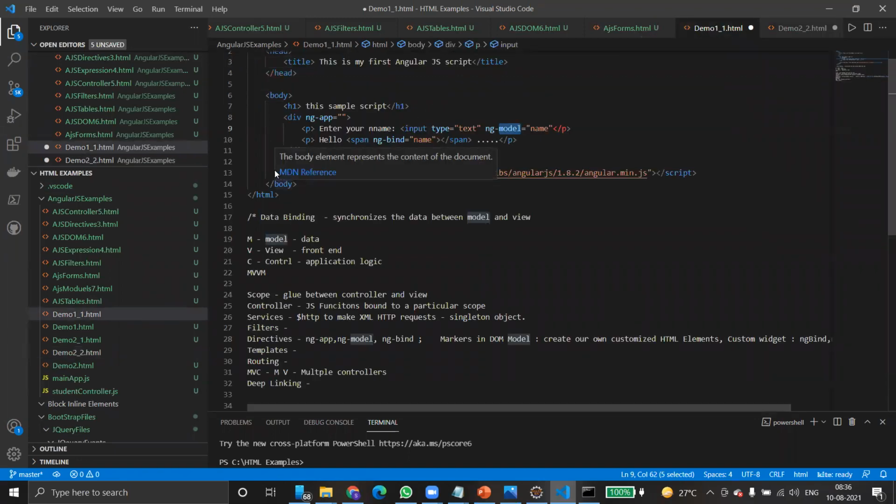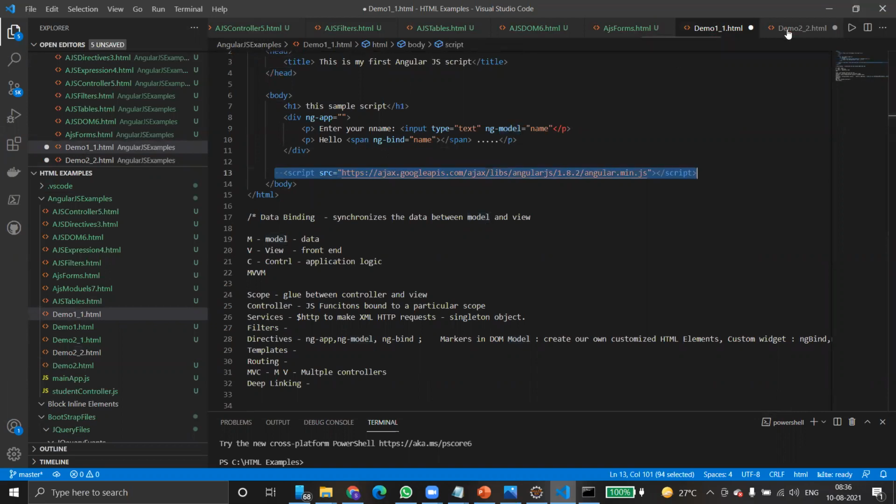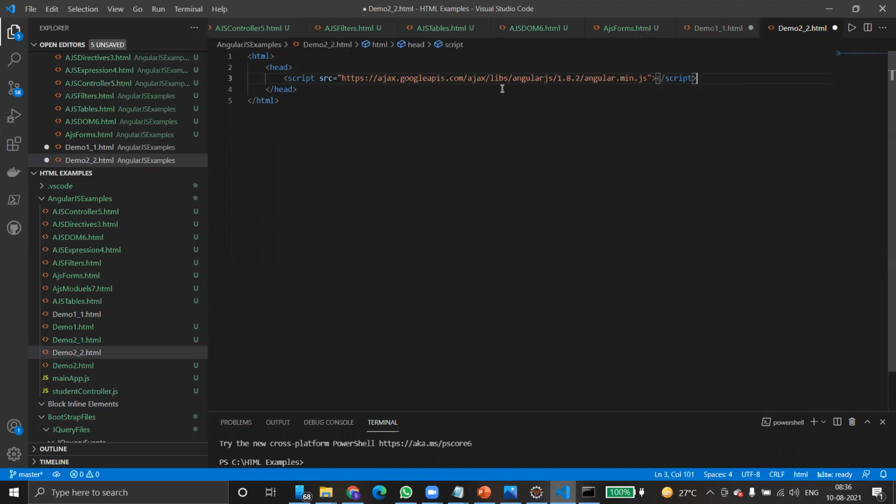Done. Then let's start with the body. Ideally, we have to include all the scripts in the metadata, that means within the head itself.